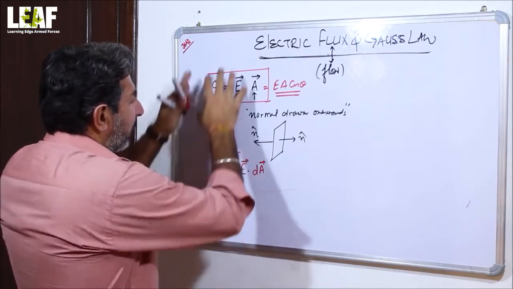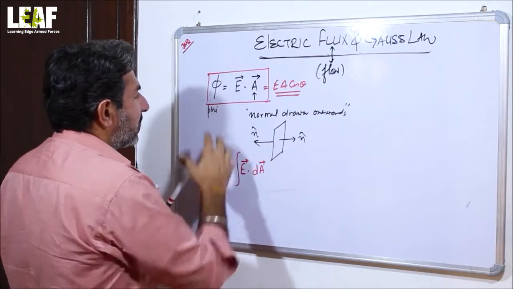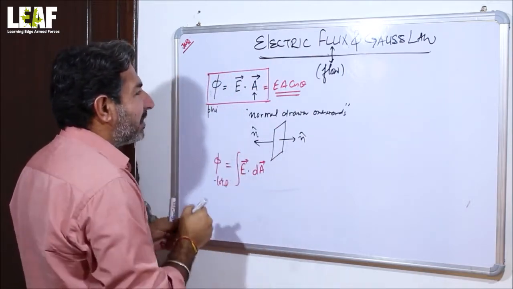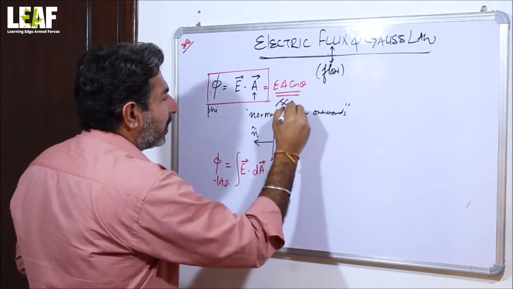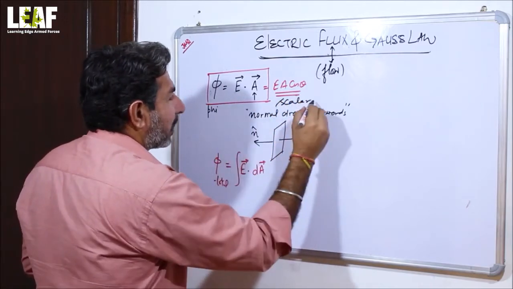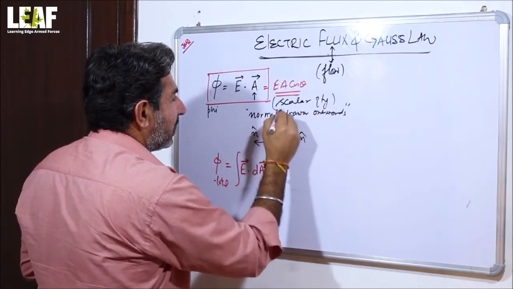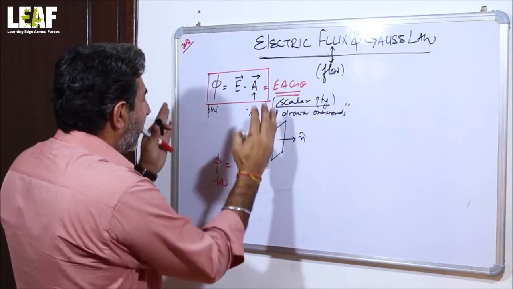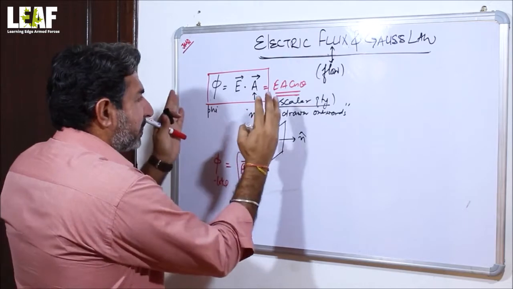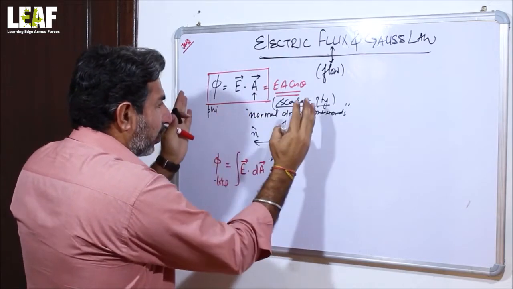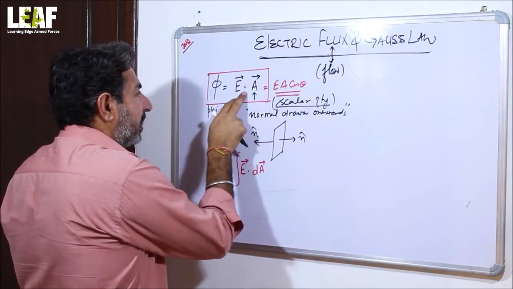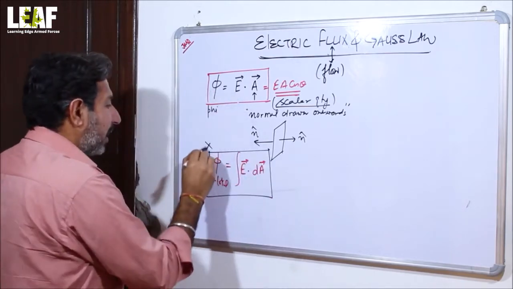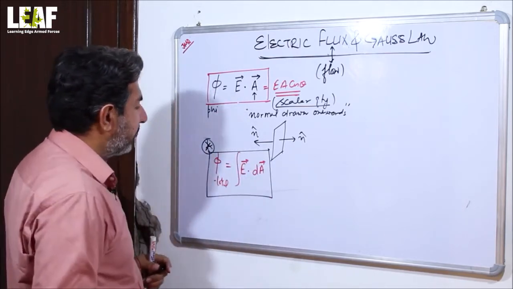And from this very discussion, it is quite obvious that phi is a scalar quantity. It is a dot product, so it is a scalar quantity. So phi is algebraically added, and it is represented as the dot product. Generally, it is given by this, which we have to consider.